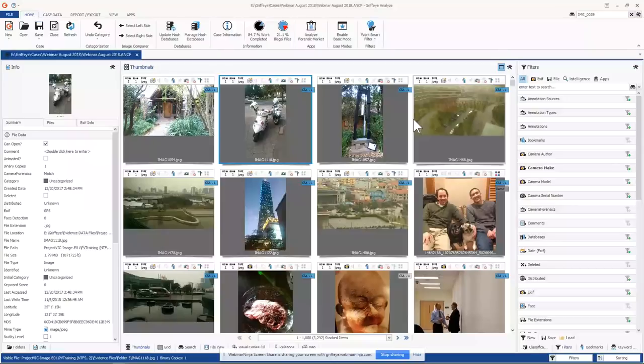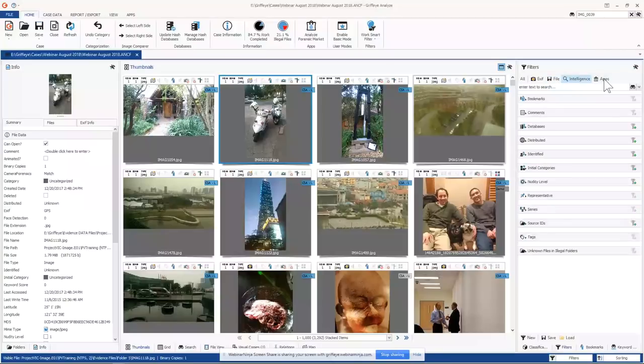And what you can do is you can use filters. And over here on the right-hand side, we have all of our filters. And they're organized nicely into tabs: EXIF, File, Intelligence, and Apps. So what we can do is use our filters to figure out how we're going to approach this work. If we're doing victim identification work where I want to see if there are first-generation images being produced, let's say, then I'm very interested in any of the EXIF information on any of the files that exist in